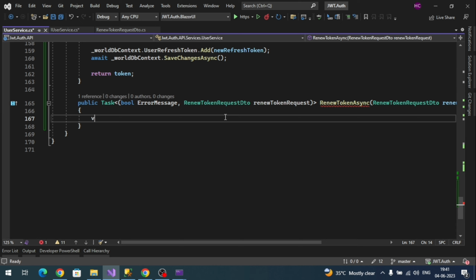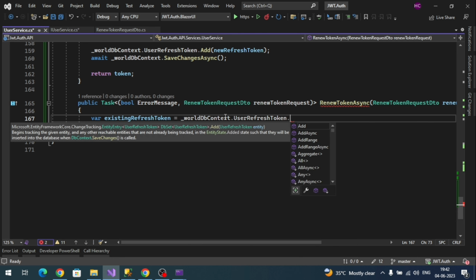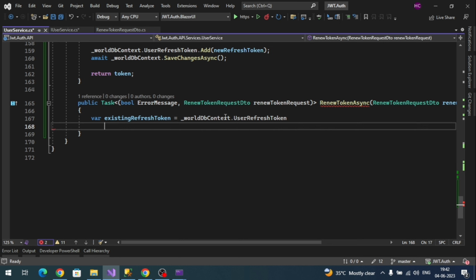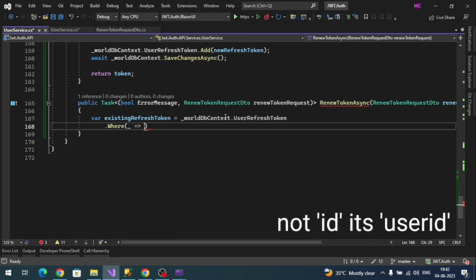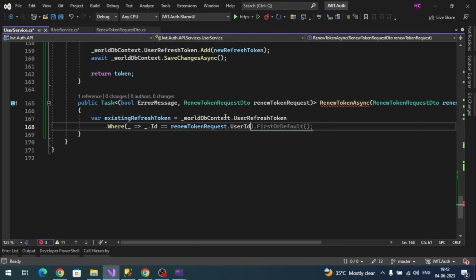To do that I will write logic like distinct refresh token, my old DB user token. So here I am going to filter the data where ID equal to renew token request dot user ID